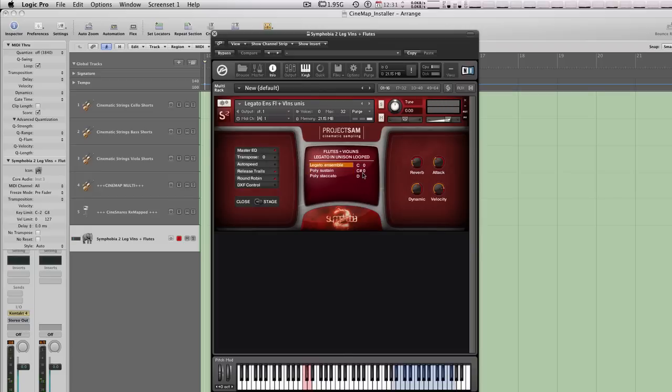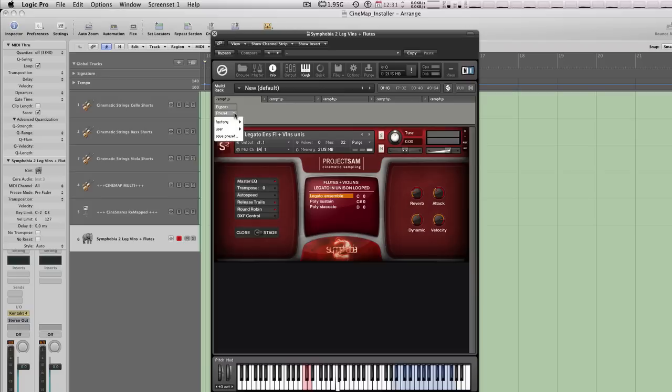Well, say you're not a big fan of having key switches down here. An easy way to do it, if you wanted to map to something, say you want to map them up here, which you can see I'm clicking. They used to be here. Let's put them here. So all you have to do is open Cinemap,